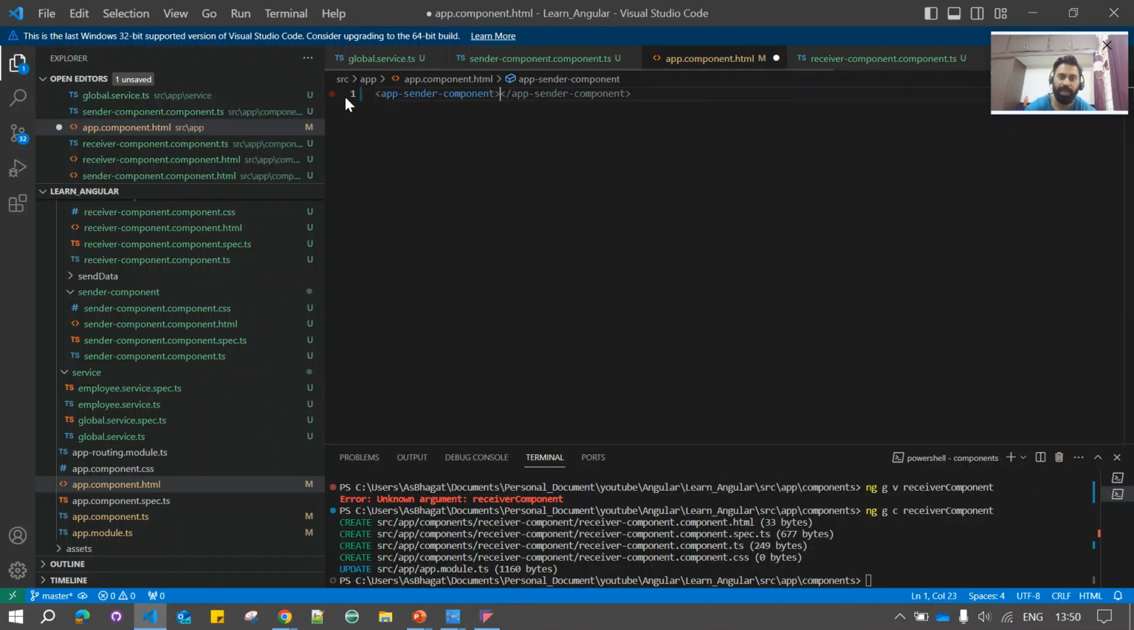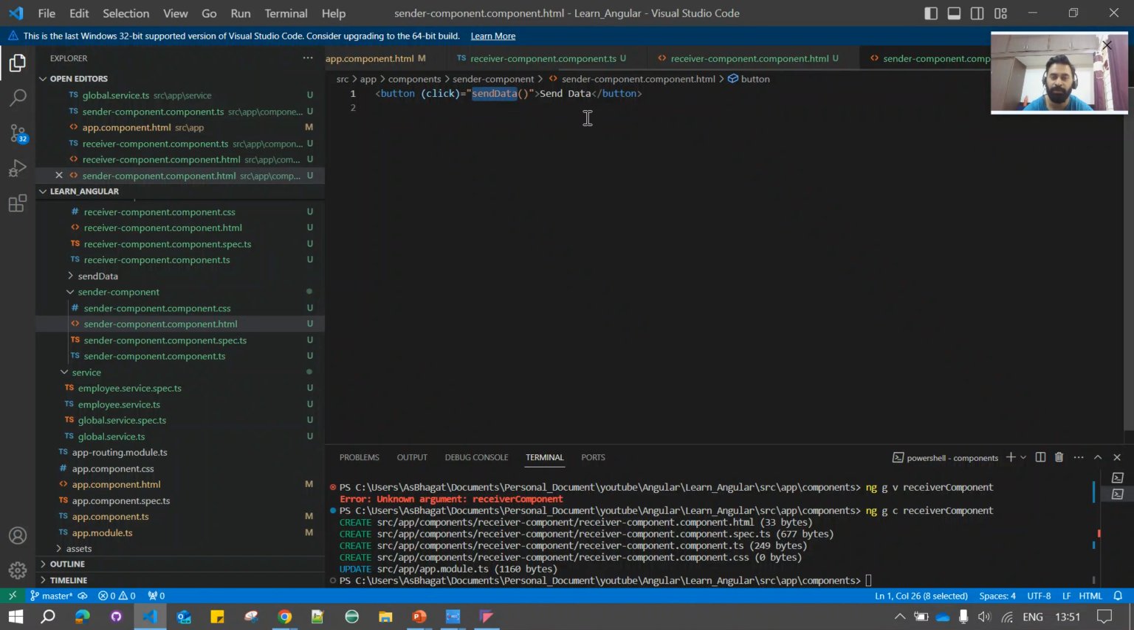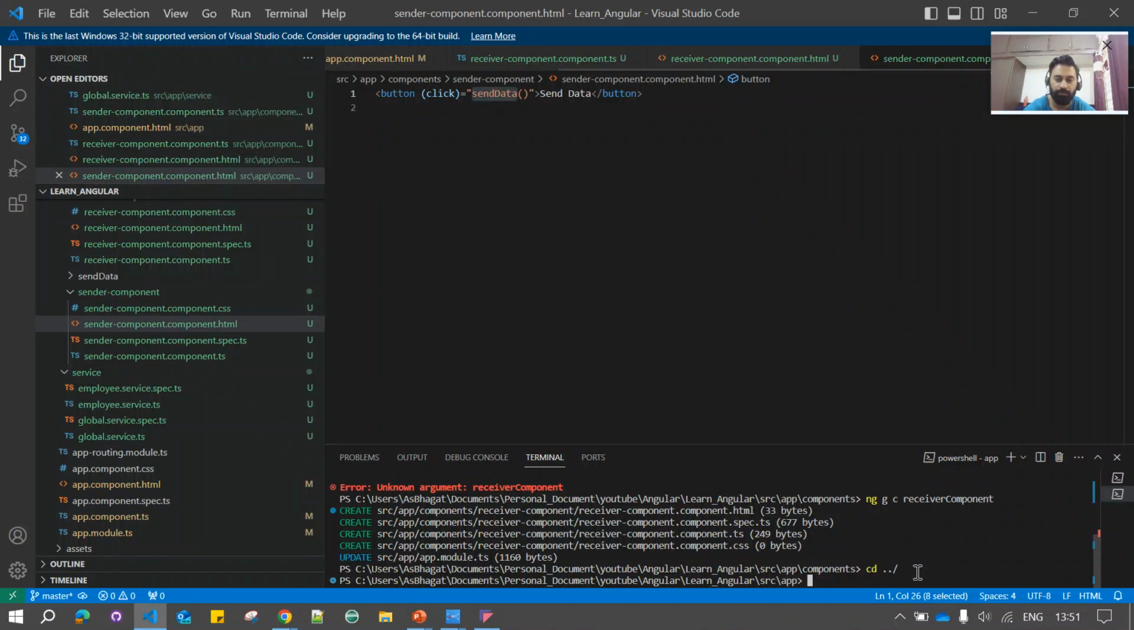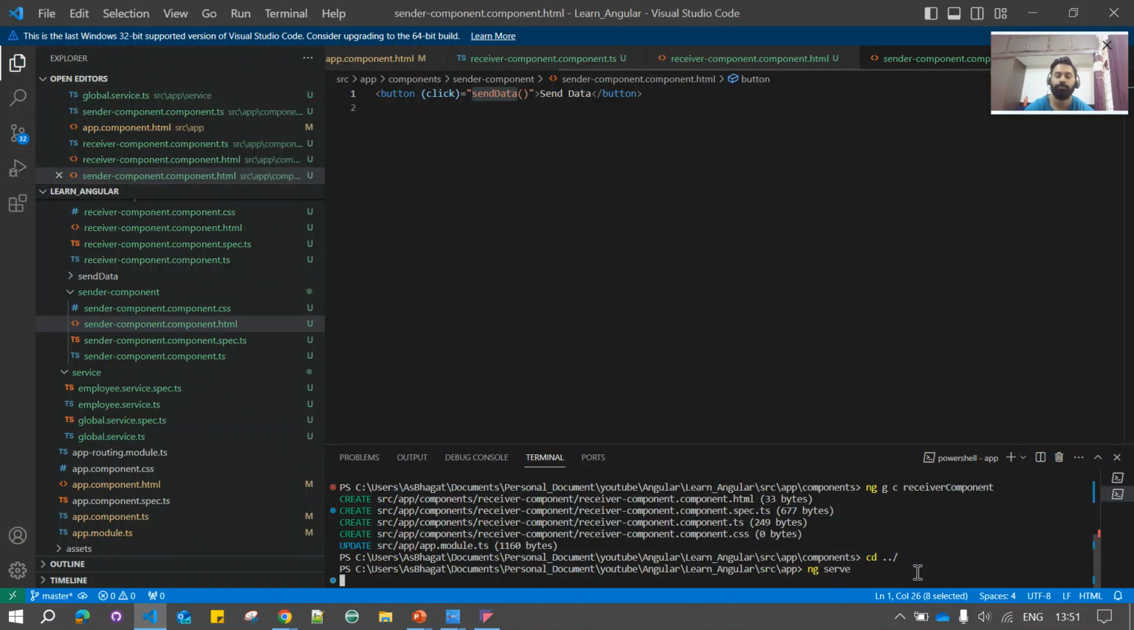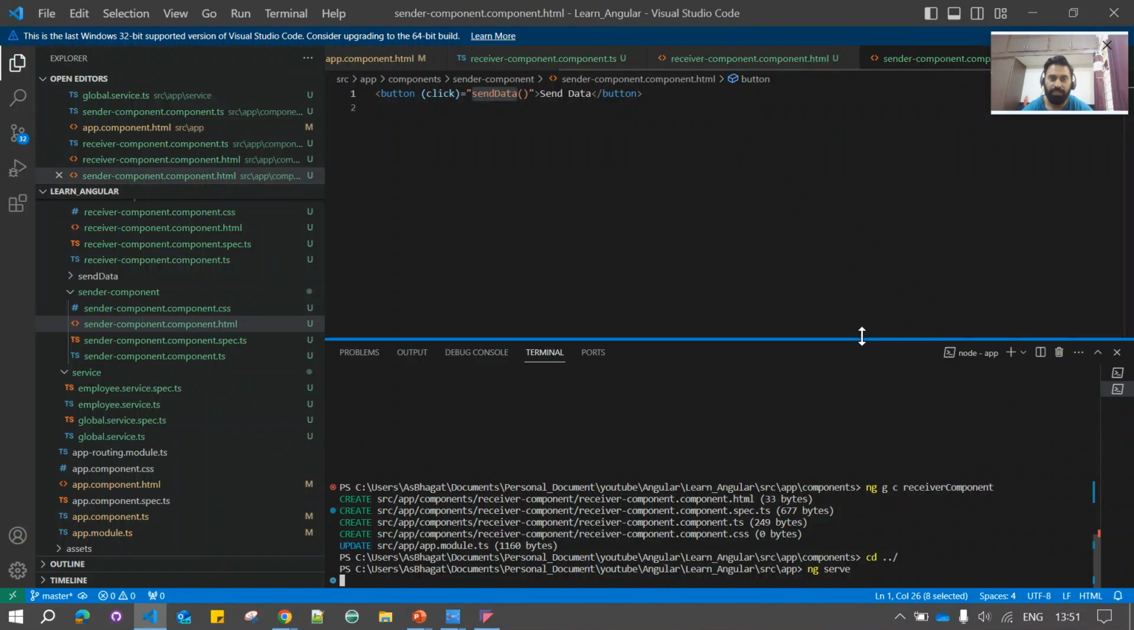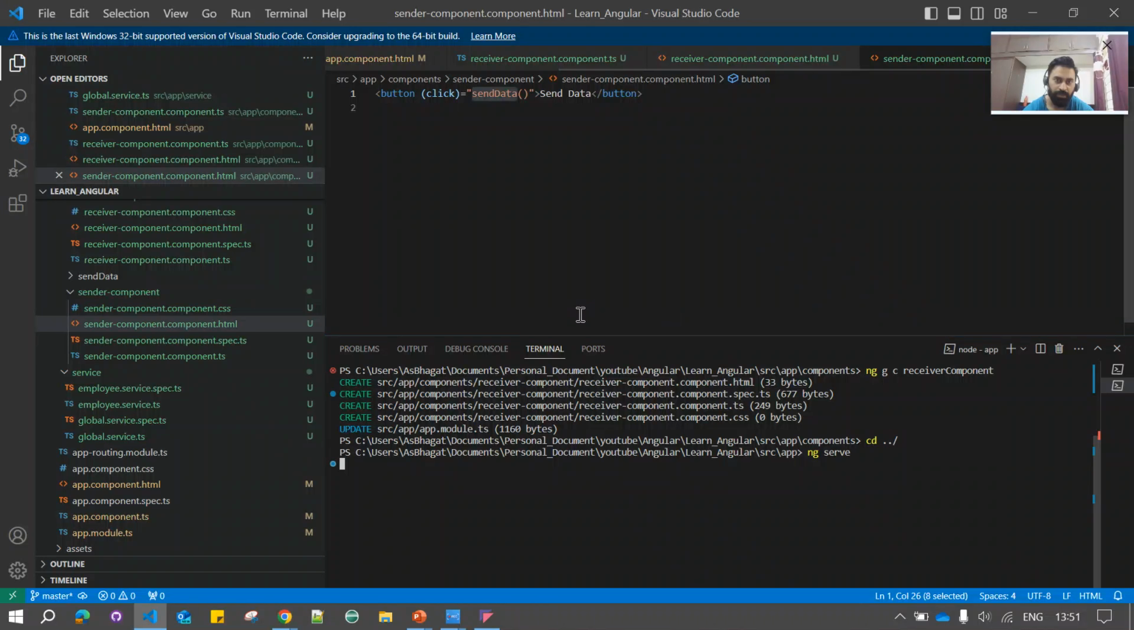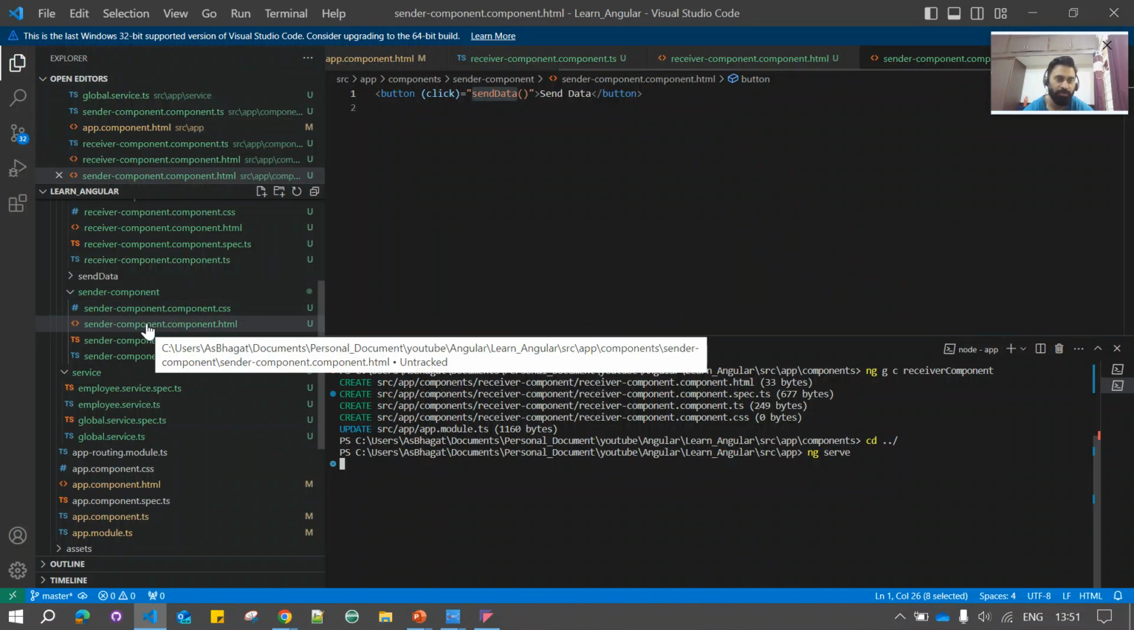Yeah, so from the app component it will load the sender component, and the sender component will have this one button, send button. Okay, so let me run this and let's see how it looks. ng serve. So yeah, this is the approach you need to write to send data from one component to another component